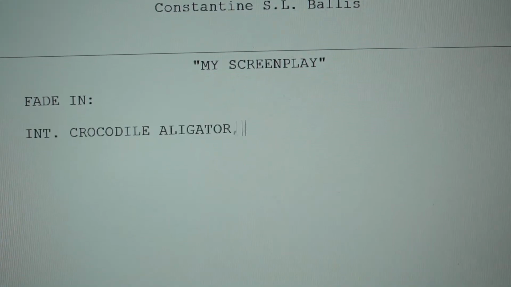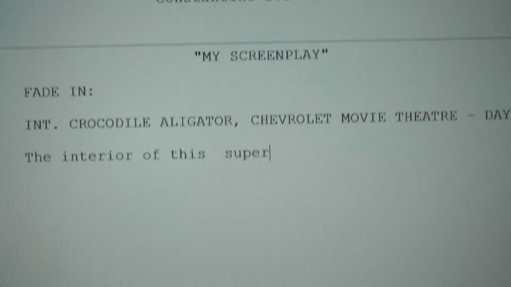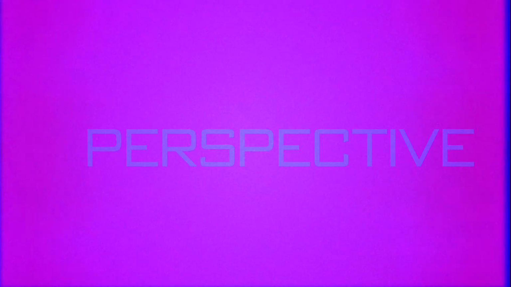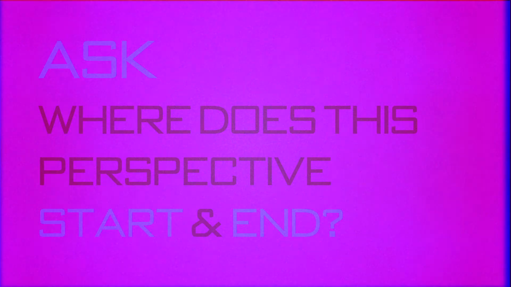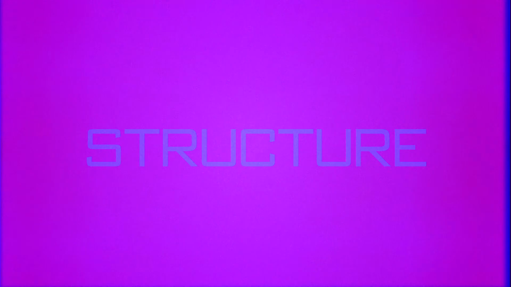Now, I know you're probably quite eager to start actually sitting down and writing fade-in, interior, but I personally like to write an outline first. And before I write my outline, I actually like to ask myself, once again, what is the perspective of my film? Because, like I said with the example about E.T., Elliot's perspective really dictates the structure of the story, because it tells us where we start just before Elliot and E.T.'s lives become intertwined, and then it ends the second that they're untwined, sorry. That dictates the structure.